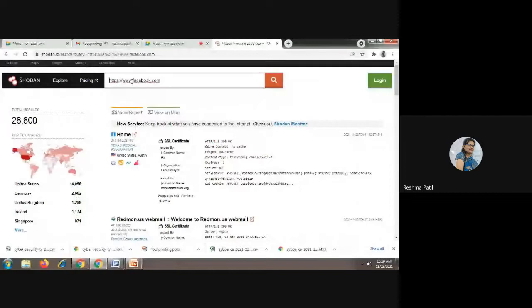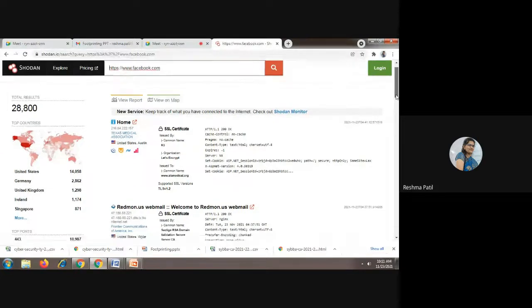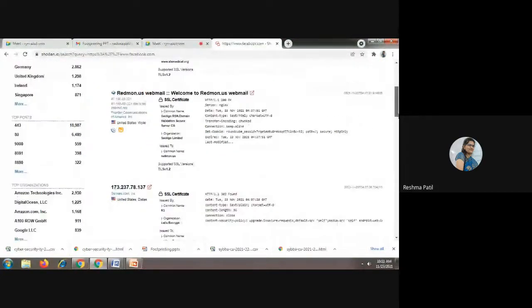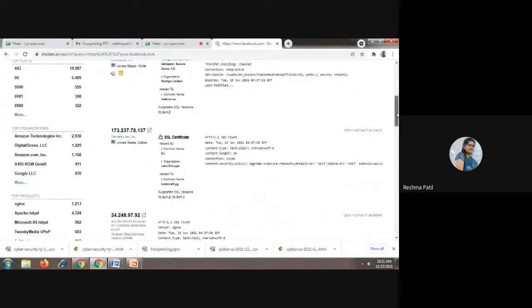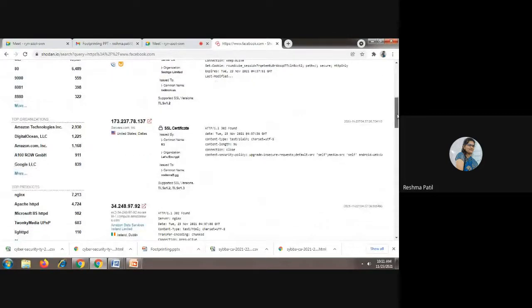Yes. Here you can check the SSL certificate, everything you will get. Server IP address, HTTP certificate is there.